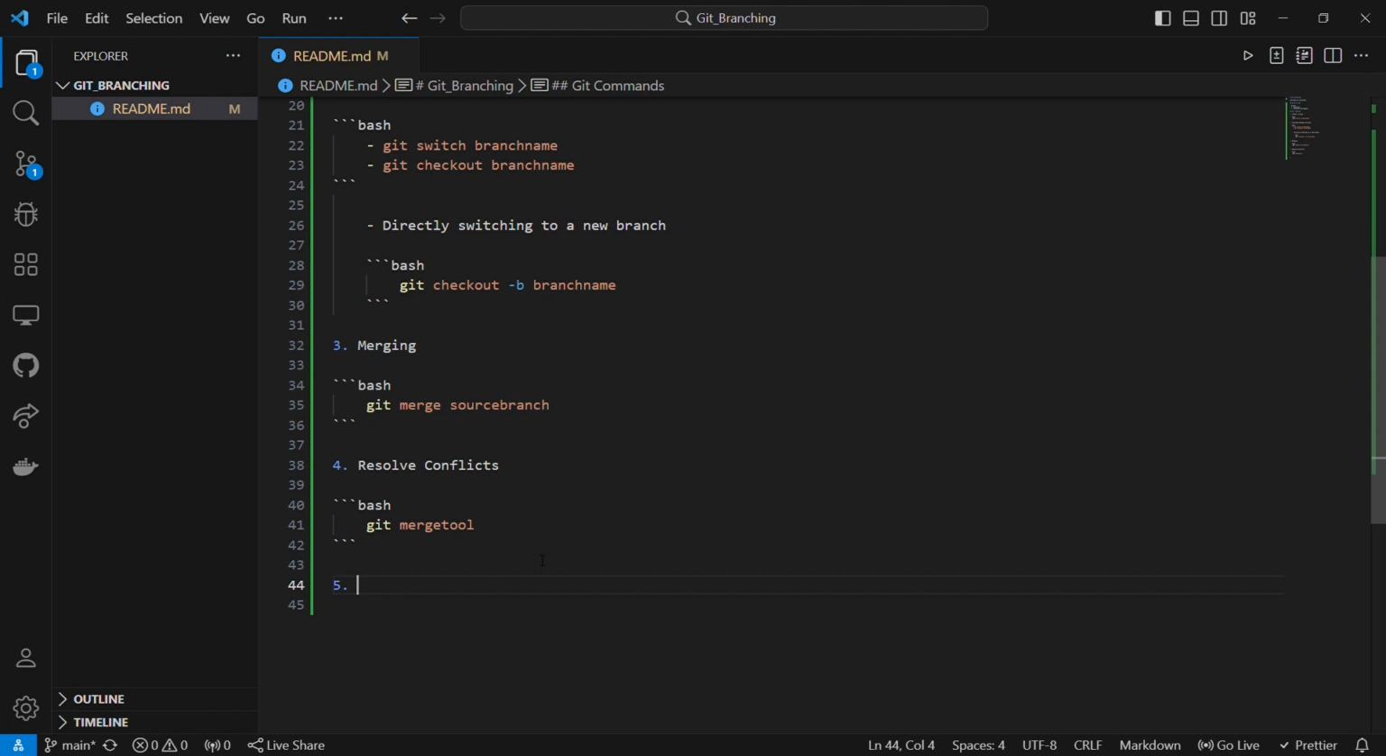We have commands like git branch. So let me just remove this first so we can quickly write these commands. We have git status. We also have git branch. There's too many git branch that we're going to use, so let me just type it. Yeah, so we have git branch on its own, then we have git branch